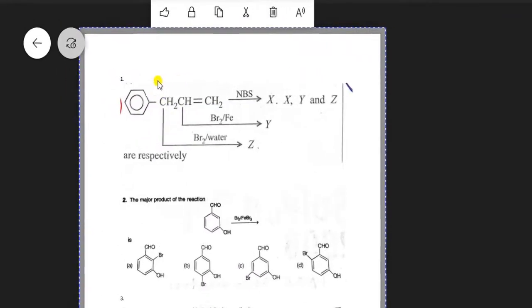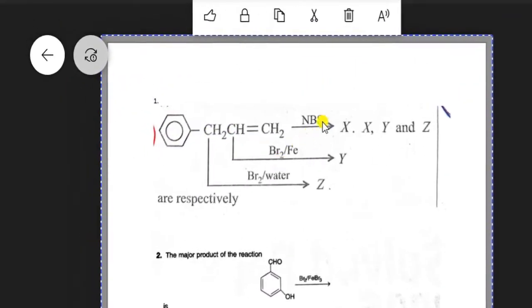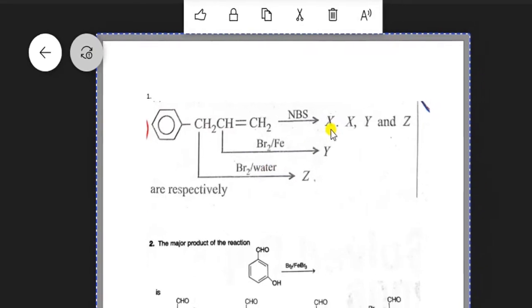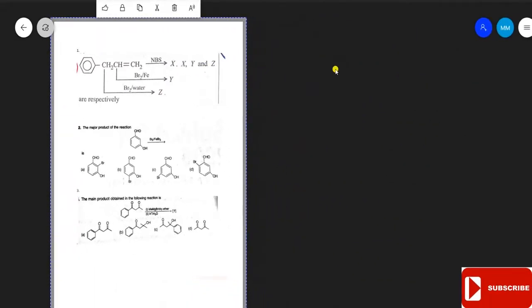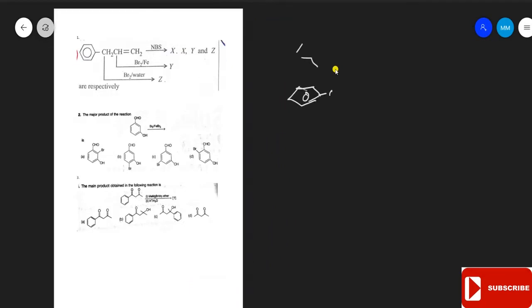Question one: a chemical compound is given. Three stages are provided. The products are X, Y, and Z. And what are the products? The given compound is CH2, single bond CH, double bond CH2 attached to benzene. The concept is, when it is treated with NBS, that is N-bromosuccinimide,